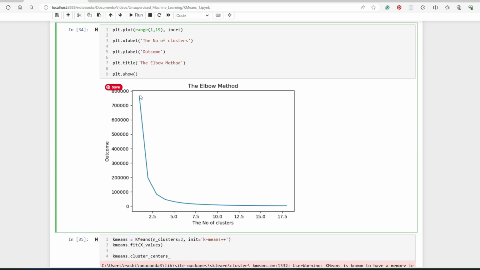To find the right k, typically we plot the inertia. So we have a total of 18 inertia values because we tried 1 to 18 different k's. This is called the elbow method. When you see the bend, this is the right point. So we see that when the number of clusters is 2, the first bend happened. And the second bend happened when the number of clusters is 3. And eventually the rest of the curve was quite smooth. The first bend, 2, should be our right k. And we're going to try with 2 and 3 both.